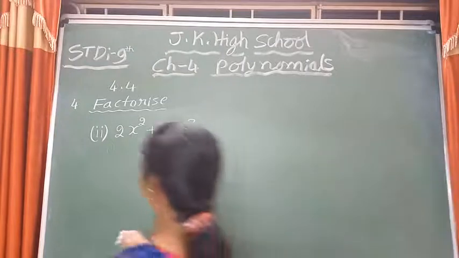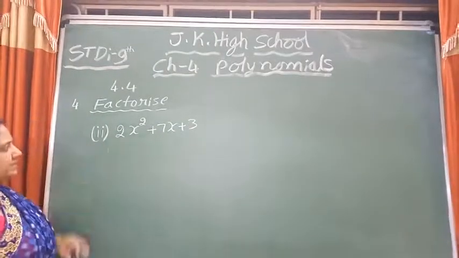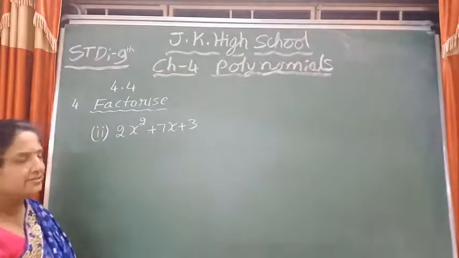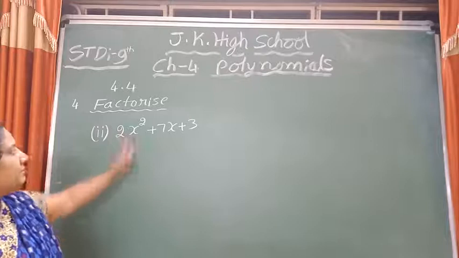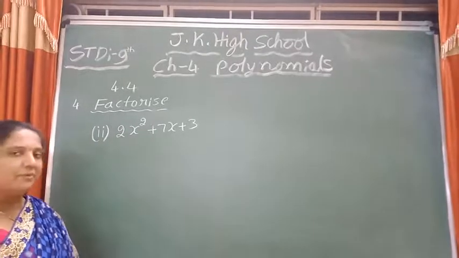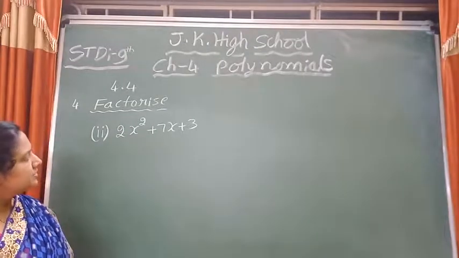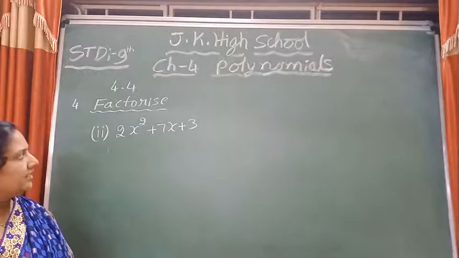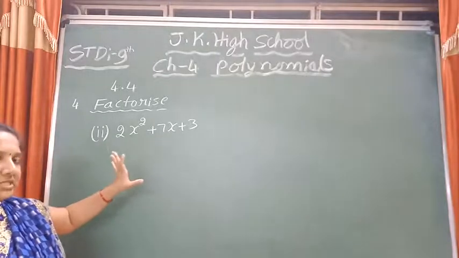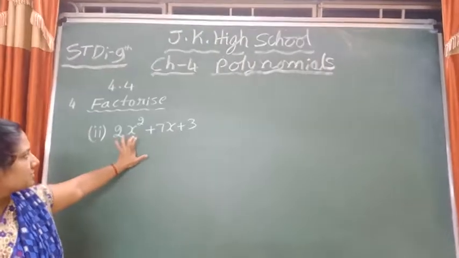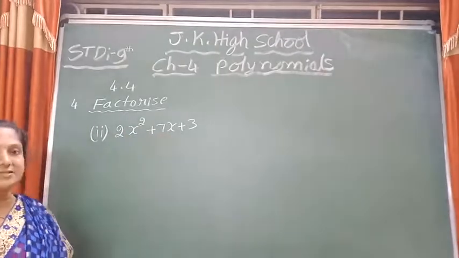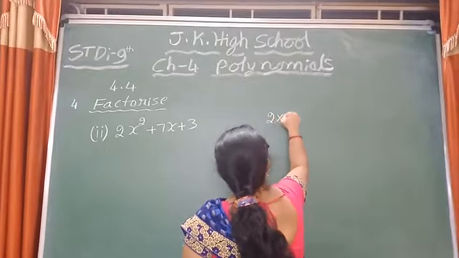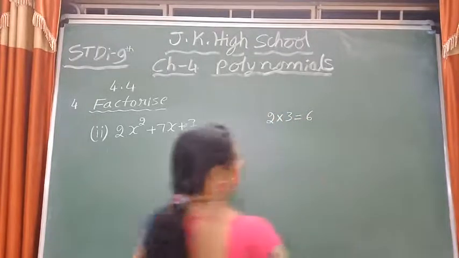Okay children, I am going to solve second one. In fourth main, second one. Method is same only. The heading is same. Factorize. Here, this is also quadratic equation only. Power 2 is the highest, so it is in the form of quadratic equation. So now, the highest power is 2, then the method I have to use is the same. What is the numerical coefficient of x square? 2, and the constant is 3. So I have to multiply those two, then 2 into 3. If I multiply, I will get 6.